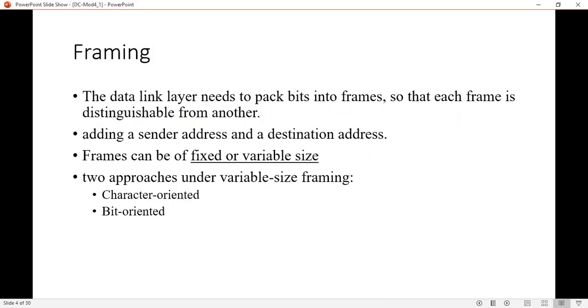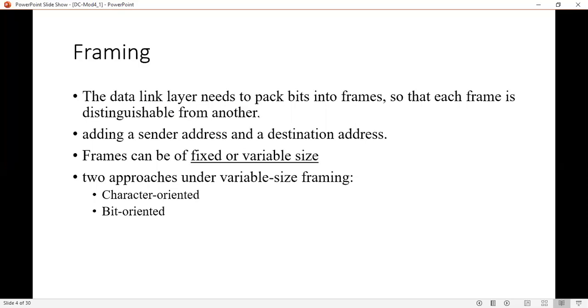First, we will discuss framing. Framing is nothing but grouping of the bits. Data transmission at physical layer takes place by moving bits in the form of signals, right? As we discussed earlier, bits are transferred from the source to destination.